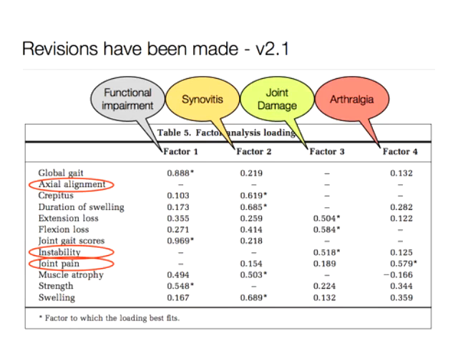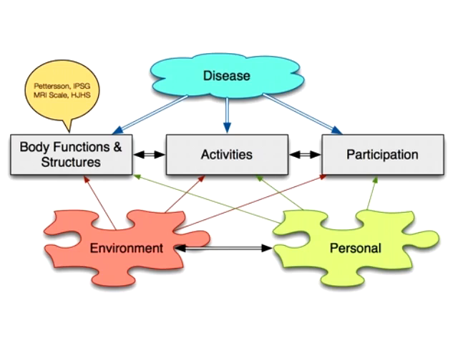And so revisions have been made. We're now on version 2.1, and an excellent video has just been developed showing people how to use the HJHS that's available within the next short while on the IPSG website for people who would like to use this in their clinics. Now, in the domain of activities, we have several disease-specific questionnaires that, again, demonstrate reliability, validity, and